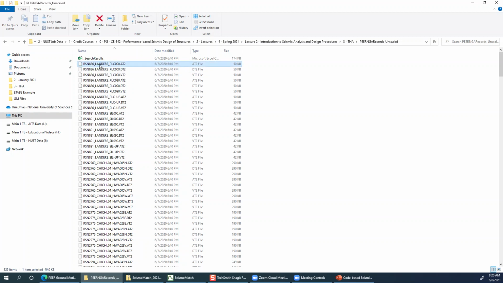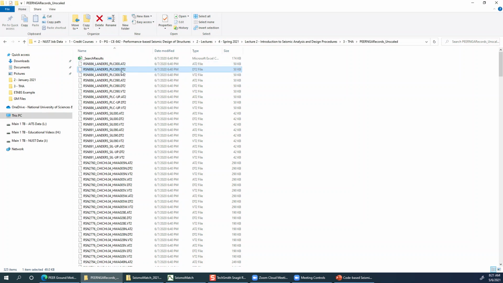Then it is the event name, Landers earthquake, then the information about the station, and then the information about the component, whether it is vertical component or horizontal component. So let's see the very first file, which is RSN886_Landers_PLC000.AT2. So this means that this is the first horizontal component of acceleration.